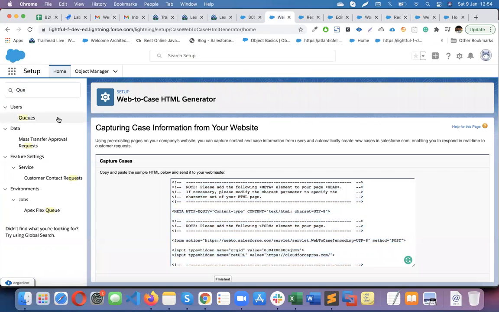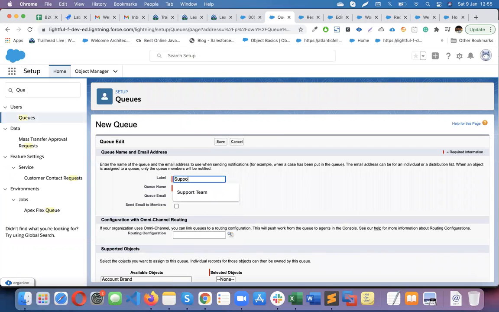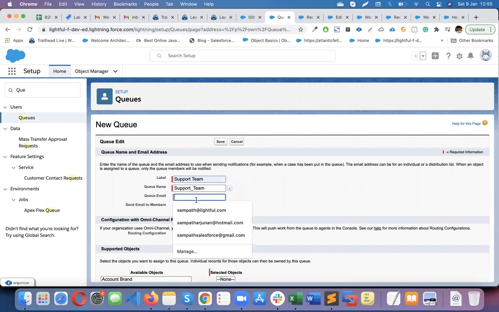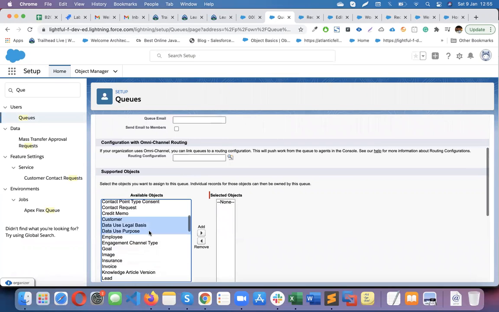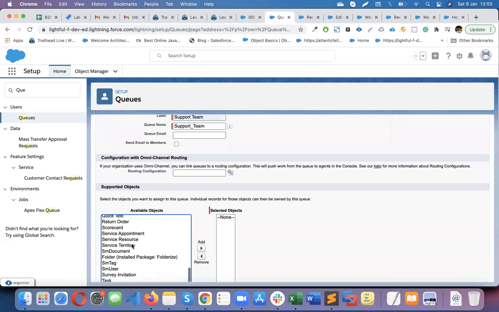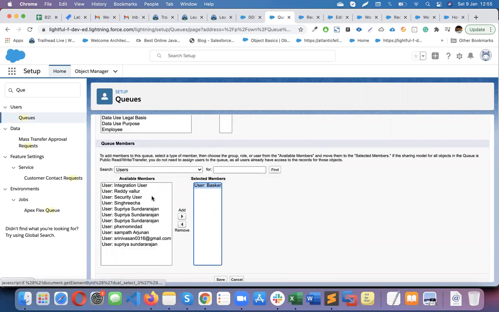So go to queue. You can create a new queue, support queue, and if you want to put an email address, you can put it, and which object, the case object. And who will be members of the group.